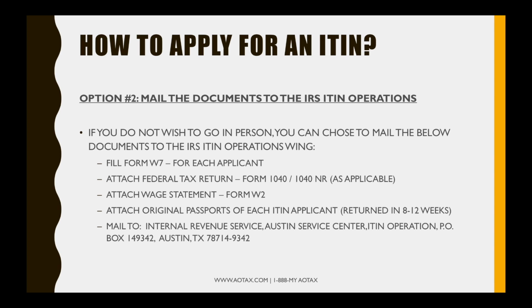Then attach the federal tax return, that is Form 1040 or 1040NR, attach the wage statement, and attach original passports of each ITIN applicant. And usually, when you mail these documents to the IRS ITIN operations sector, that's in Austin, Texas,